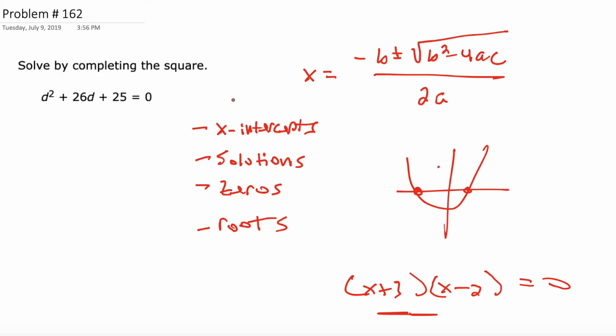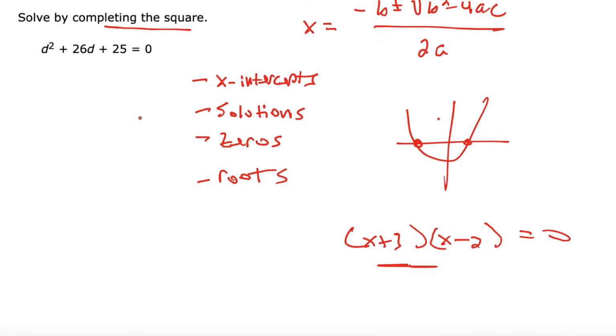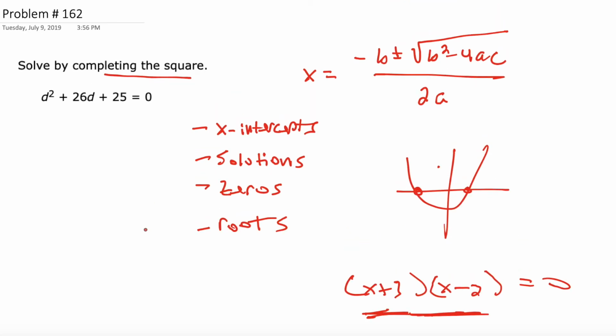But that's not what they want you to do. You have to use completing the square. The third method, which is everybody's least favorite, is completing the square. So that's the third way. That'll also always get you the answer. The factoring one only works if it's factorable. But it's not. So the way completing the square works is you want to move the constant to the other